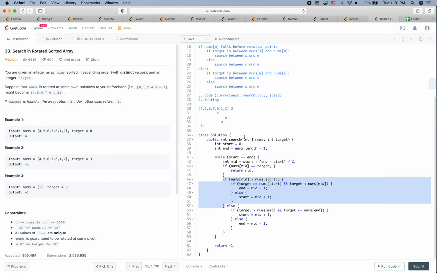We see that 3 is larger than the end. So it's not within start and mid. So we are going to have start as mid plus 1, which is here. And next time we see that mid is not equal, so 2 is not equal to 3, and we are searching within this 2. So we set mid as this one,